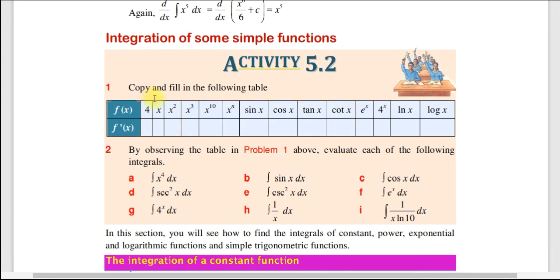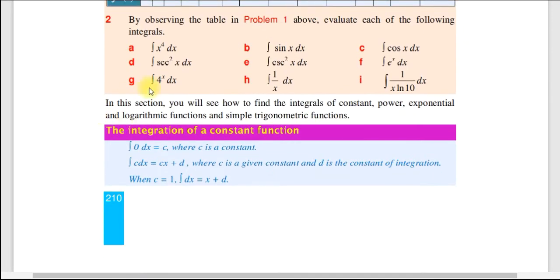ለምሳሌ እዚህ ላይ እነዚህ ነገሮች ተሰጥተውናል like f of x: 4, x, x square, x cube, x power of 10, x power of n, sin x, cos x, tan x, cot x, e power of x, a power of x, ln x, log x። እዚህ ብዙ አይነት ፋንክሽን አለ፤ ኤክስፖኔንሻል ፋንክሽኖች፣ ሲምፕል ትሪጎኖሜትሪክ ፋንክሽኖች፣ ፓወር ፋንክሽን አሉ። ስለዚህ ዴሪቫቲቮችን ዲፈረንሺየት አድርጓቸው አይነት ነው፣ እዚህ ክፍት ቦታው ላይ ሙሉት አይነት ነው የሚለው።